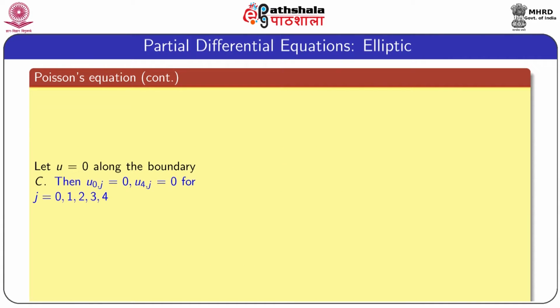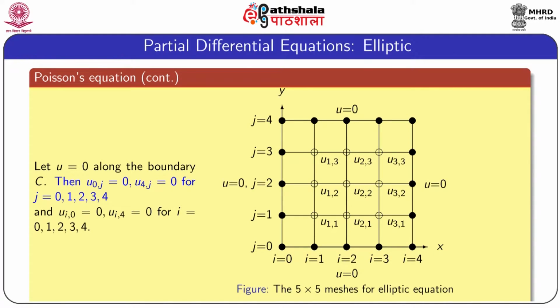Let u equal 0 along the boundary C, then u0,j equal to 0, u4,j equal to 0 for all j equal to 0, 1, 2, 3, 4. We have divided the x and y direction into 4 equal sub-intervals, and similarly ui,0 equal to 0, ui,4 equal to 0 for i equal to 0, 1, 2, 3, 4. So, using these boundary conditions,